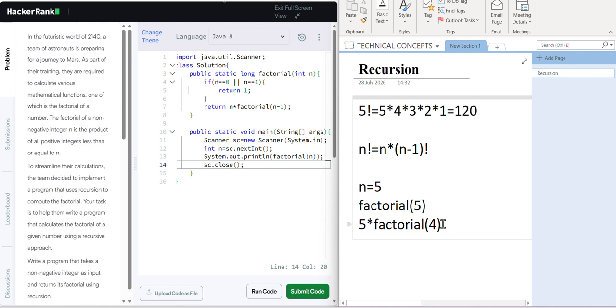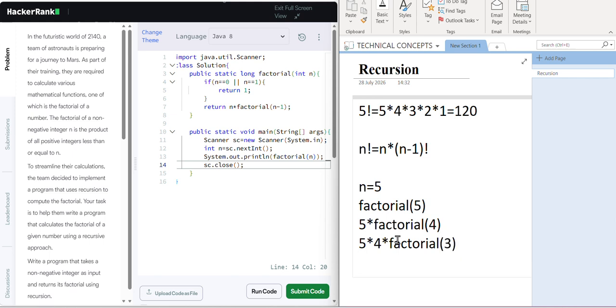Factorial of 4 we don't know, so again it will call this method. 5 into factorial of 4. Again 4 is not 0 or 1, so it will execute the else part. 4 into factorial of n minus 1. 4 minus 1 is 3. See, it will write factorial of 3.